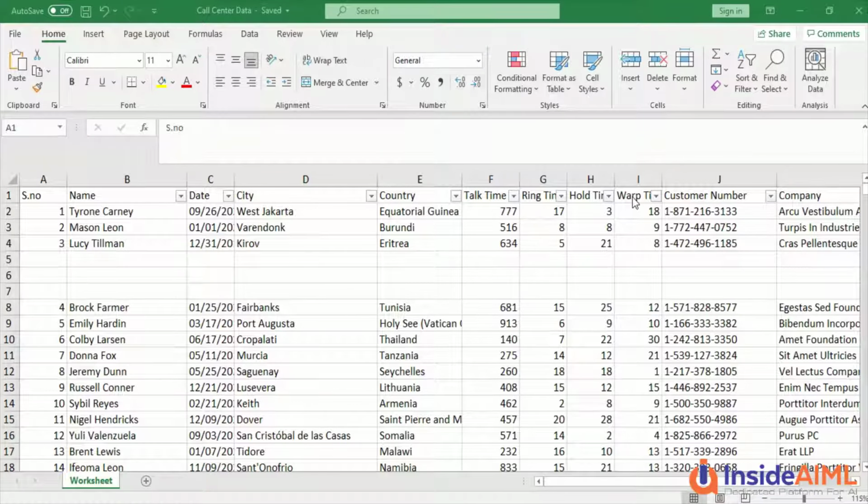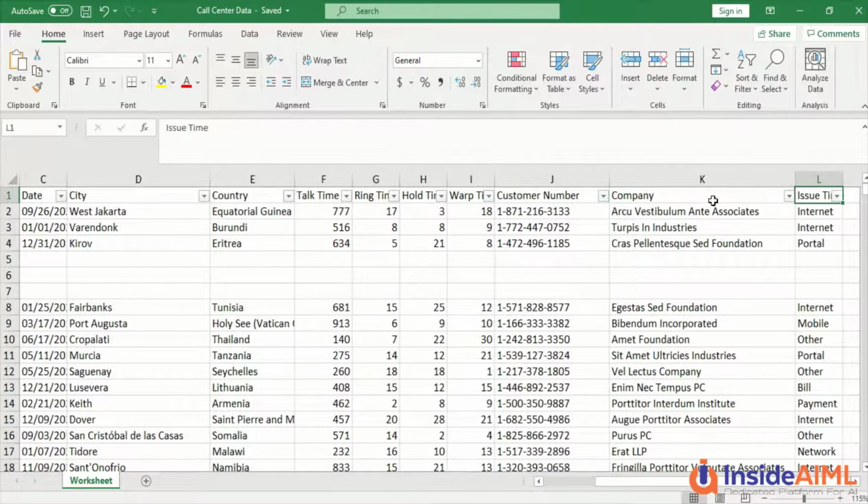Talk time is the time when you call a contact center and talk to them. But before you talk to them, there is a ring, which you might have heard, and that is the ring time. Then there is something known as hold time: if the executive wants to check some information, he might put you on hold, and that is the hold time. After your communication with the contact center person is done, they have to write down notes, which are known as wrap up notes, and it requires certain time, which we call the wrap time. Then we have the customer information, the company information, and the issue type.